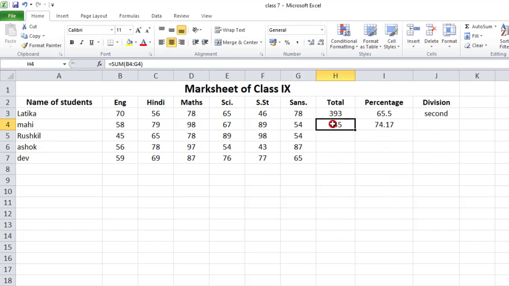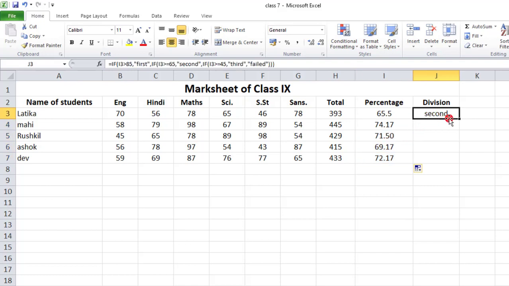Now suppose we have calculated the percentage of this boy, these 3 are remaining. So simply you can copy paste the formula also. How? You have to take your mouse pointer to this rightmost corner, press the left click of your mouse and drag your mouse downwards, and as you leave the key you will get the total calculated automatically. Same here, drag it, percentage, same here,